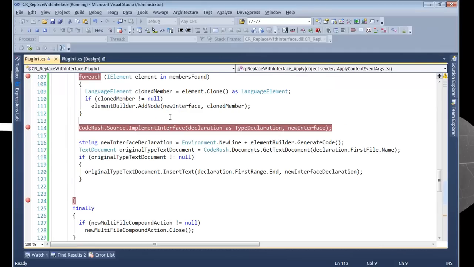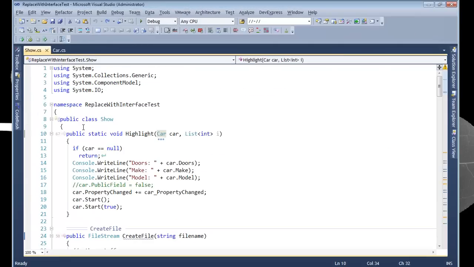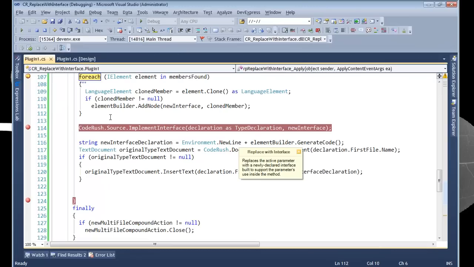So let's go in here. We're going to say, okay, I got breakpoint set. Let's come in one more time and replace the interface. Now we're going to come in here and we're going to say we have the file, that first file. We have